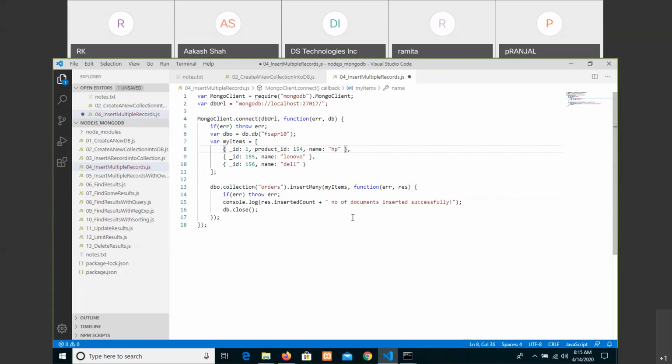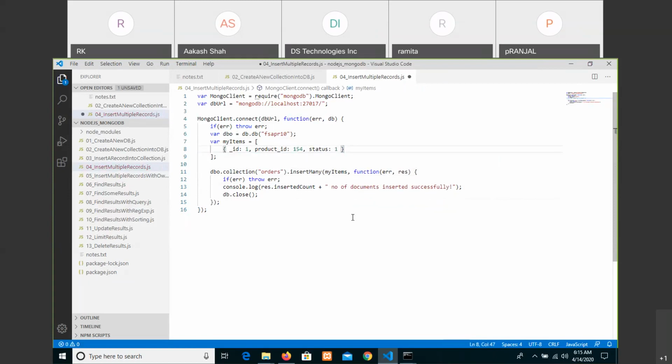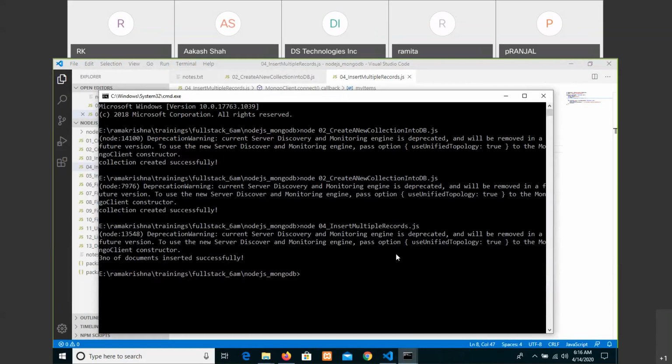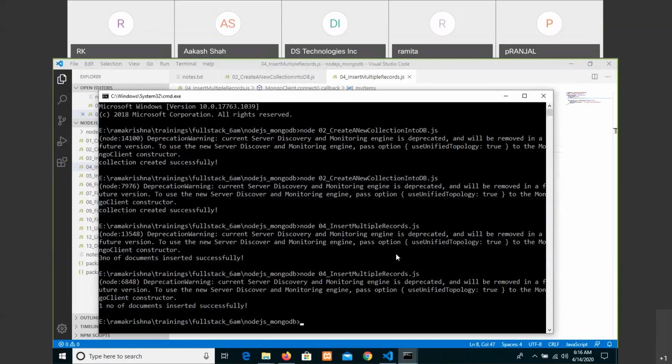And then let us write one more property, status, and column 1. For timing, let it be one item only. If you observe, whatever ID we have in the products, the same we have in the orders collection as a product ID. Okay, one record is added.